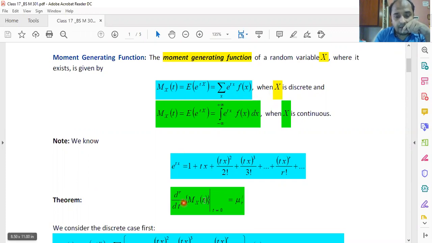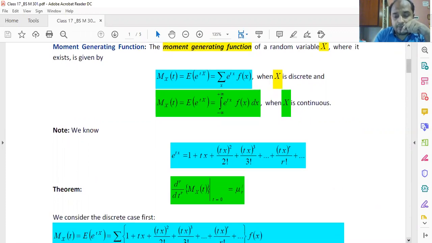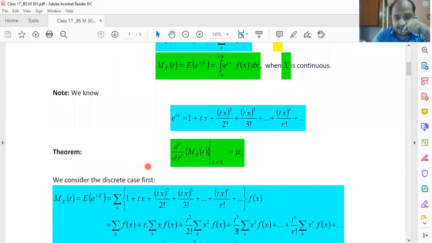Okay. And one important theorem which I have mentioned over here is this. The derivation of the theorem is not there in the syllabus, but you have to recall its definition. You have to remember, you have to memorize its result. It is saying that if we have a moment generating function of the form Mx(t), and if we take the rth derivative